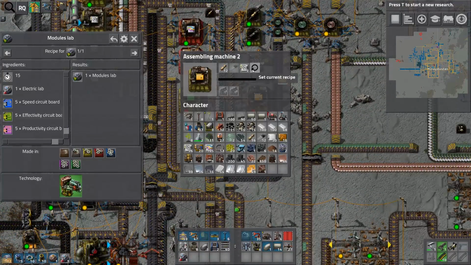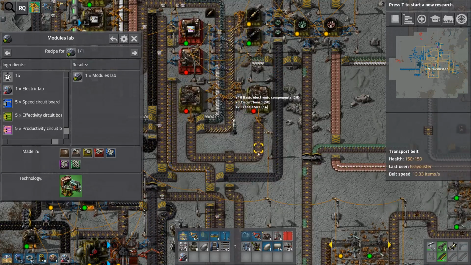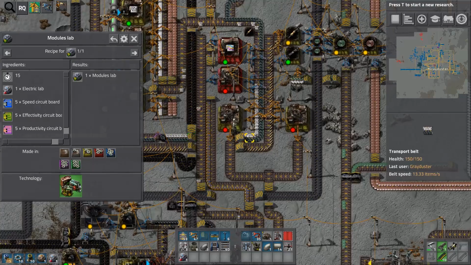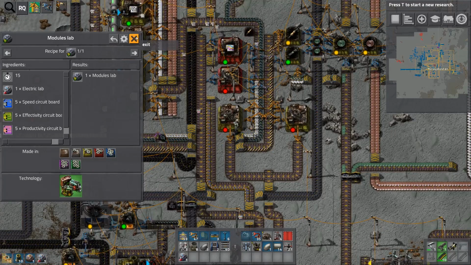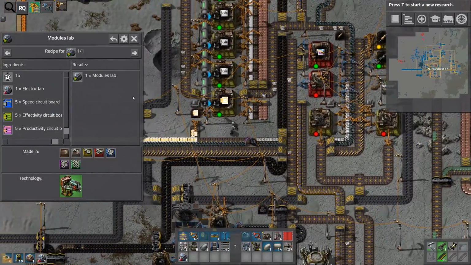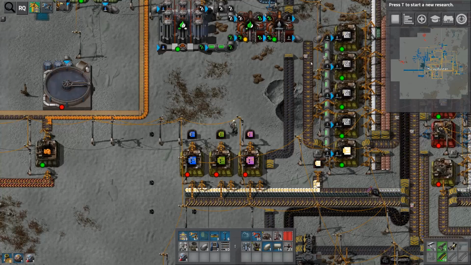Oh well, we've got loads of these, so I'm just going to cancel that for a second. And I'm going to do the same thing for that for the moment, just to stop the bots, and that will let us get some transistors through, which will then let me go and make a modules lab. Now, I guess since we're making the circuit boards and they're used in the modules lab,